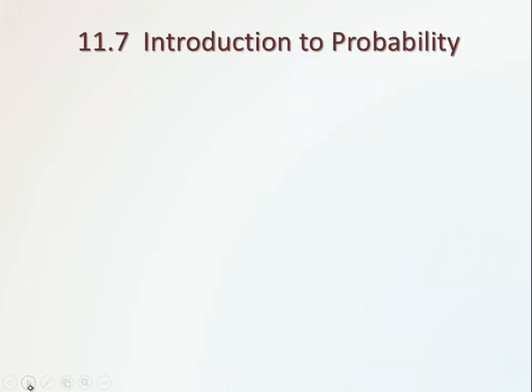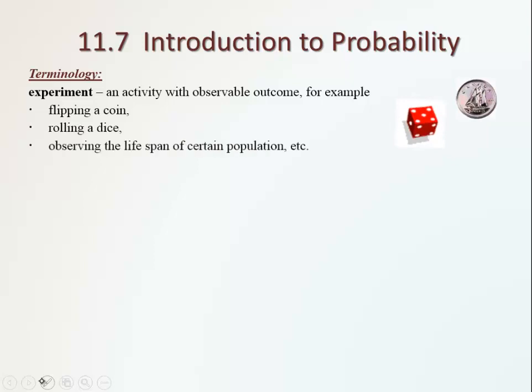This is an introduction to probability. Before we start talking about probability, let's get familiar with some terminology. When we discuss probability of something, first we need to describe what is our experiment. An experiment is an activity with observable outcomes. That means we need to know what kind of outcomes we can expect and what kind of outcomes we are